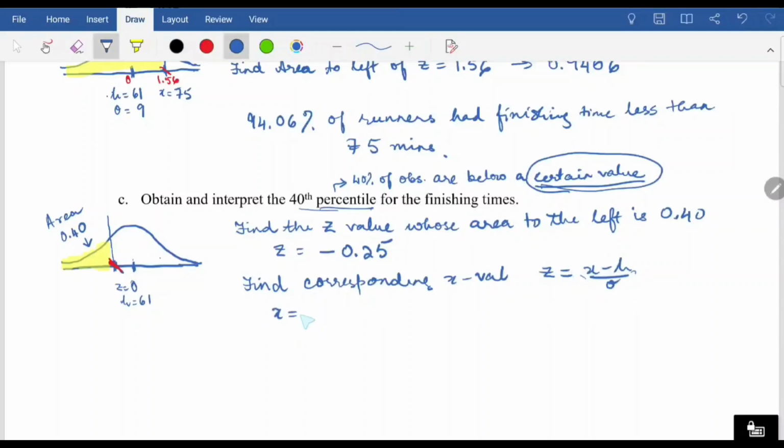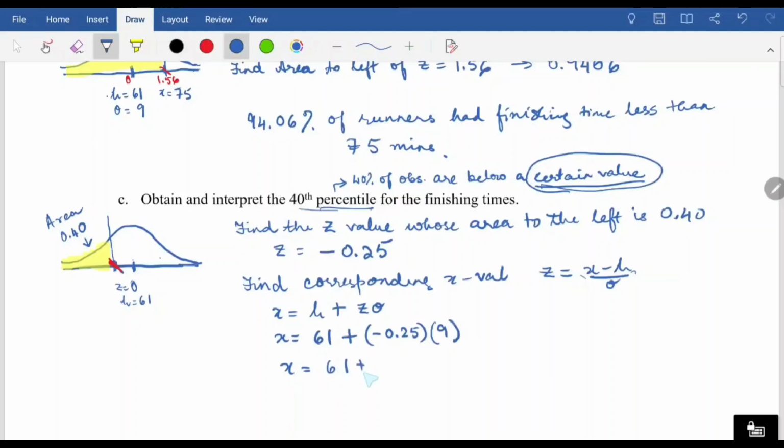So x equals mu plus z times sigma. All right, so it's going to be x equals, mean is 61 plus z is negative 0.25 and sigma is 9. So x will be equal to